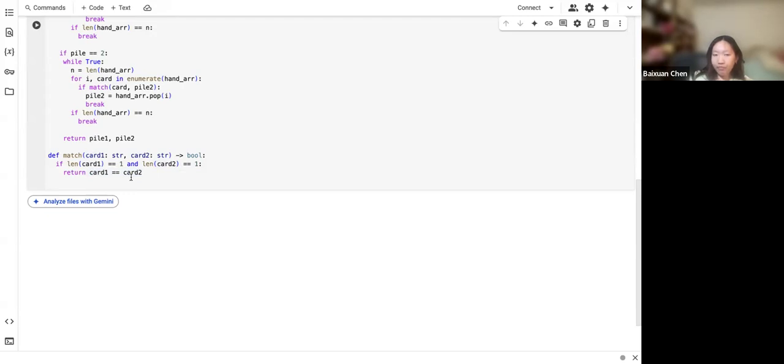And the next case is if one of them is of length 1 and the other is of length 3. All we need to know for this is that if one of them is length 1, that means one of them is a wild card and the other one is a normal card. To check for this, we just need to check if the character of the wild card is in the normal card, right? Because for wild cards to work, we need them to be of the same value for that specific characteristic. So all we need to do is check if one card contains the other card. So then how we do that is